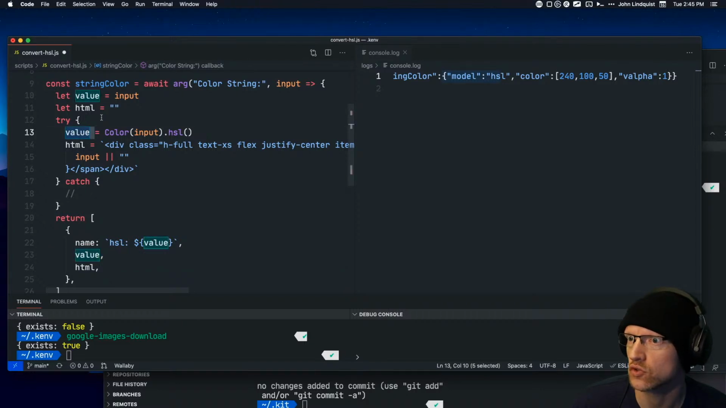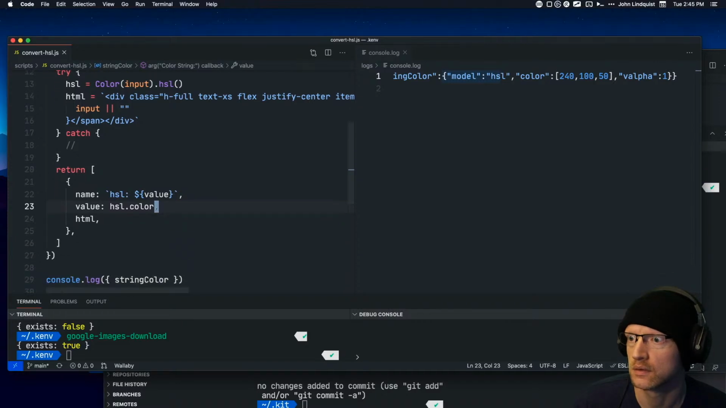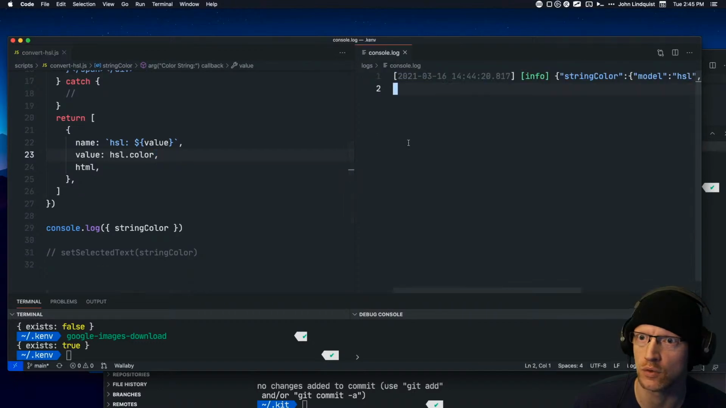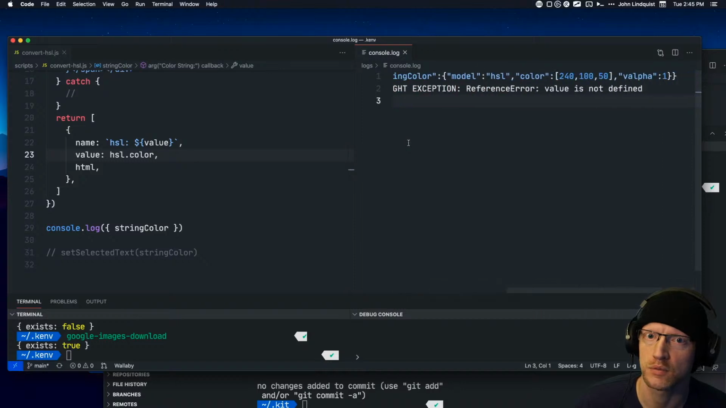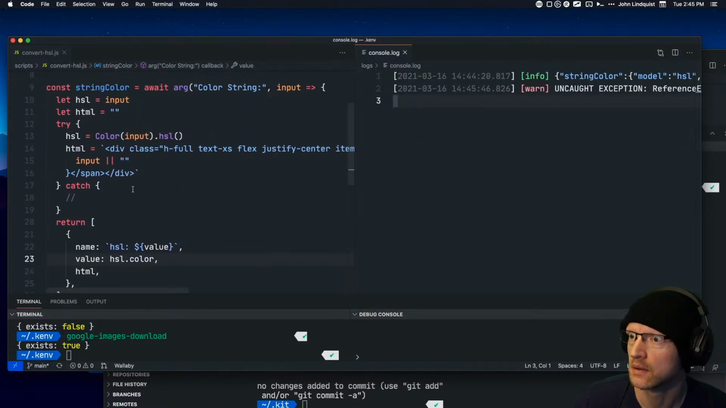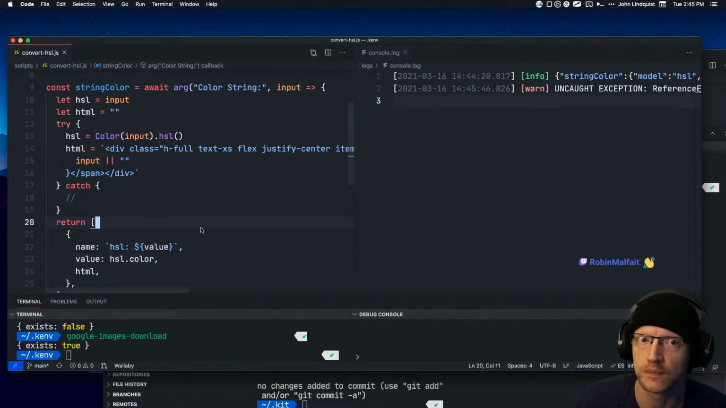So what we can return is, let's, I'm going to name all these HSL and HSL color. And then that should return the array. Whoops, value's not defined. That's right, we wanted